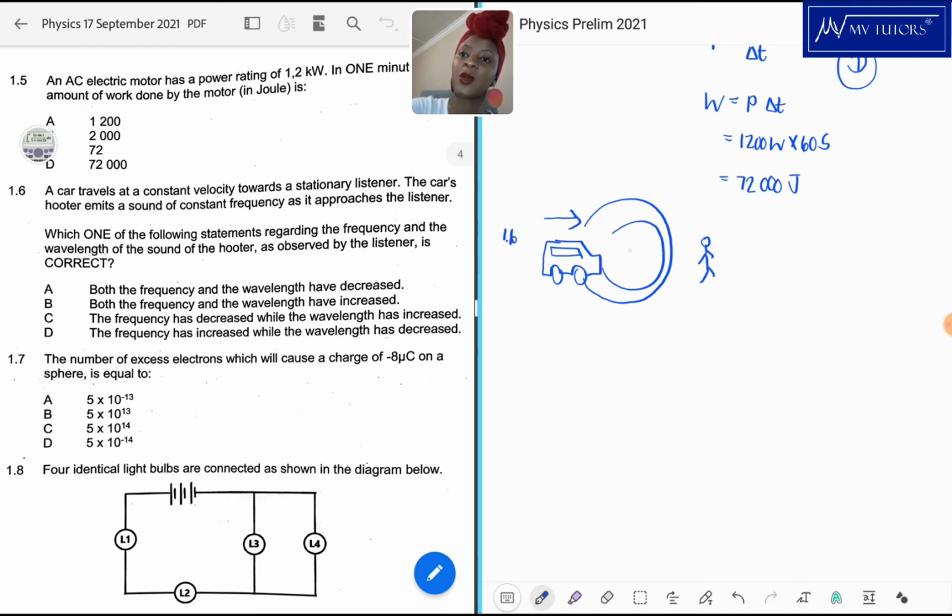As it gets closer and closer to the person, the wavelengths actually just compress. Because the frequency is getting higher, the wavelengths decrease, because you know that frequency is inversely proportional to the wavelength. So now what is it saying? Which one of the following statements regarding the frequency